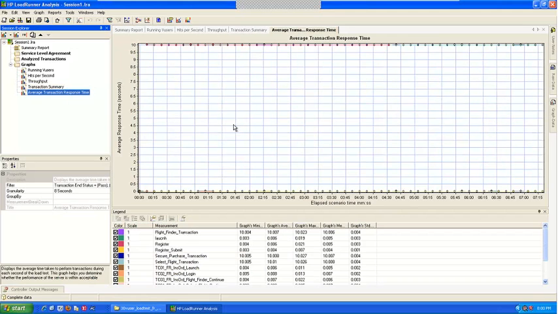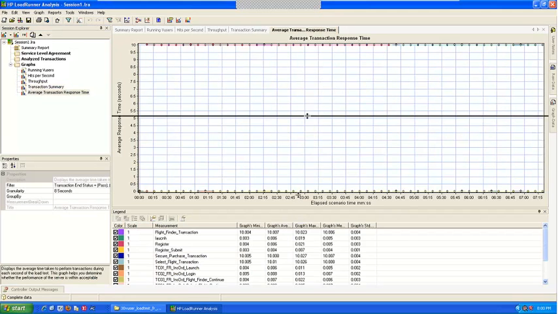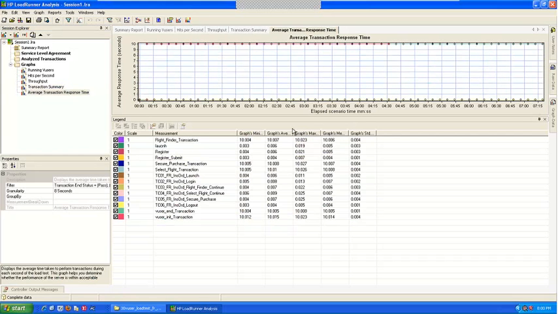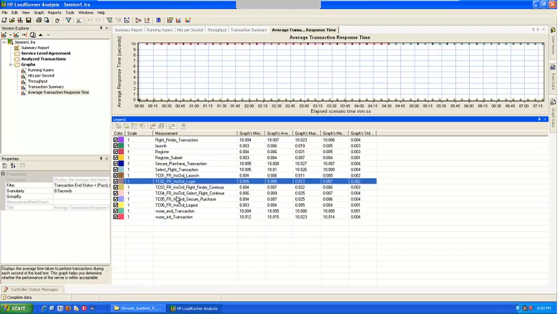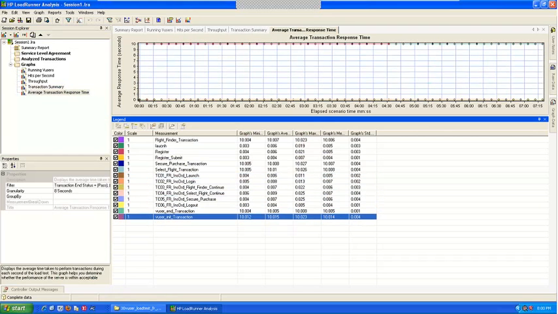Average response time. This is also an important graph because this shows on an average how my test ran. So if you take individual transactions, these are not required. If you don't want a transaction to be shown, uncheck the checkbox. Those are all unwanted transactions. End transactions, we don't need those things. So these are the transactions that we require.